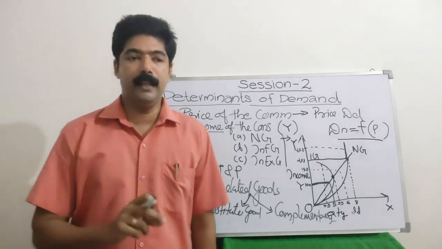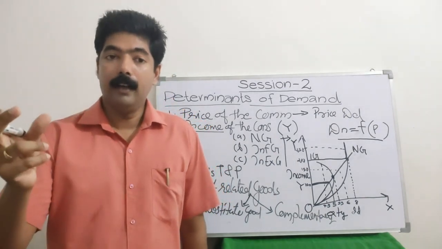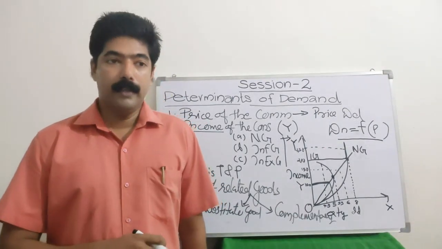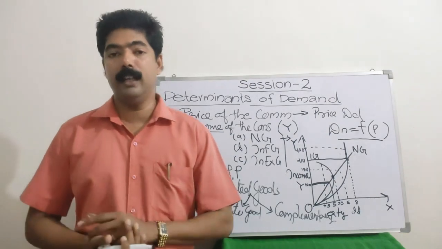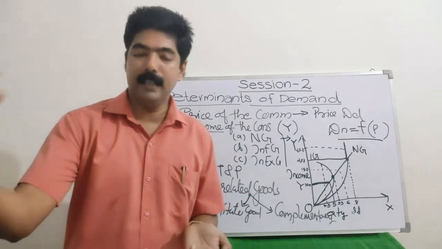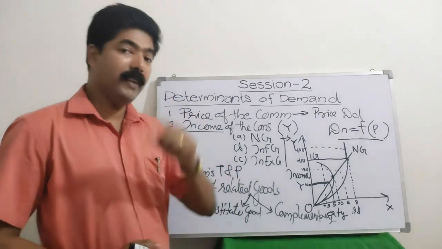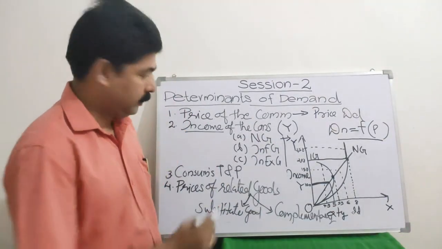For example, if we take tea and coffee, tea and coffee are substitute goods. Substitute means both goods give the same satisfaction to the consumer. So in place of tea, the consumer can easily use coffee. And when does he or she do this? Because suppose